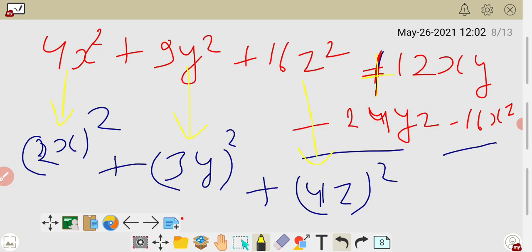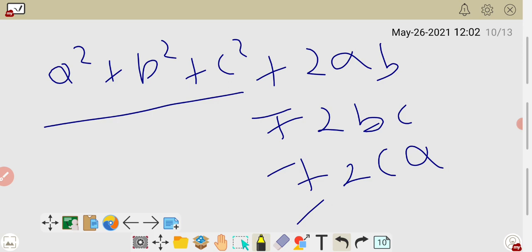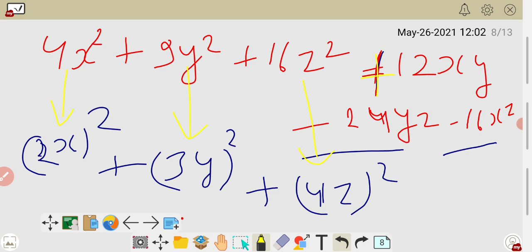Now here if all become positive, then no problem, because in the formula all terms are positive. If negative is there, it means that some variable is negative. Now you have to decide from the question which one is negative. Here a negative term, here a negative term. Which variable is common here, yz and xz? z is common, so z is negative. So in the bracket where z is there, you write the negative sign. So you write 2x whole square, 3y whole square and minus 4z whole square.